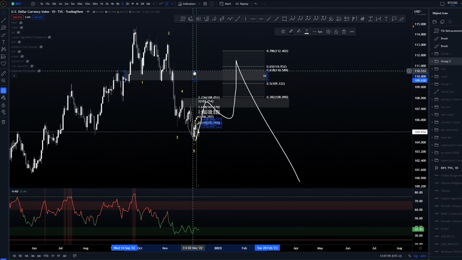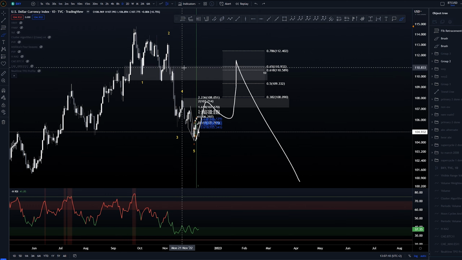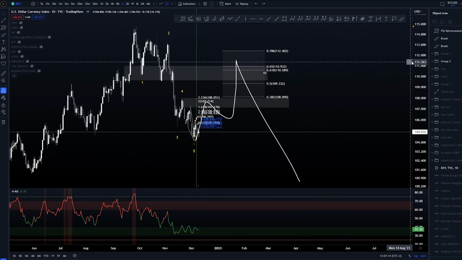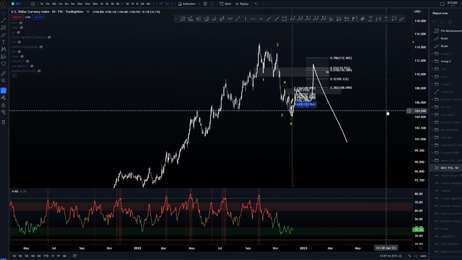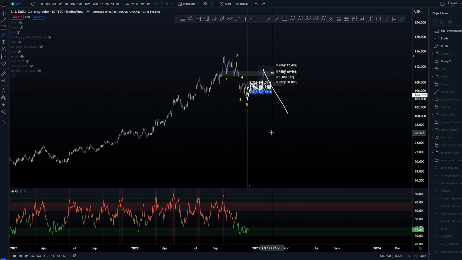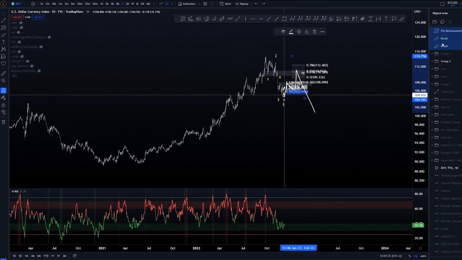We could be, of course, bringing this up a bit into that wick that we have here, and that would be covering the golden pocket here as well. So maybe that is the area that we should be looking at. But now that we have some kind of idea what we could have here, let's zoom out again, bring out the previous count that we had,